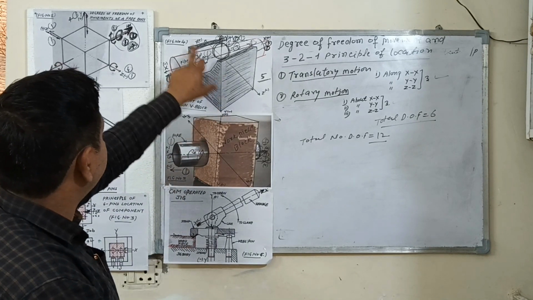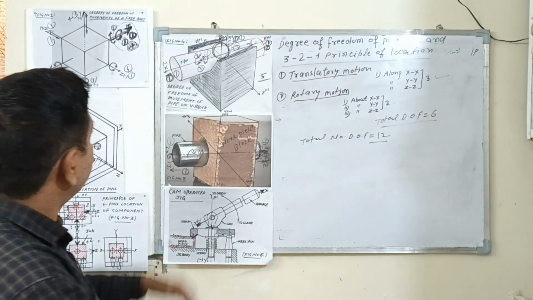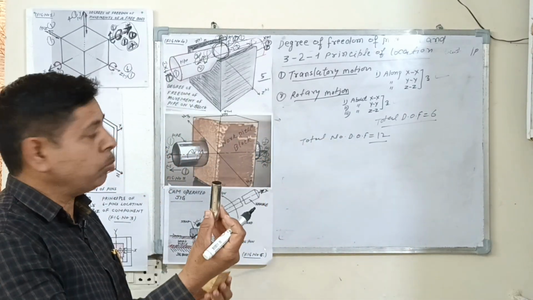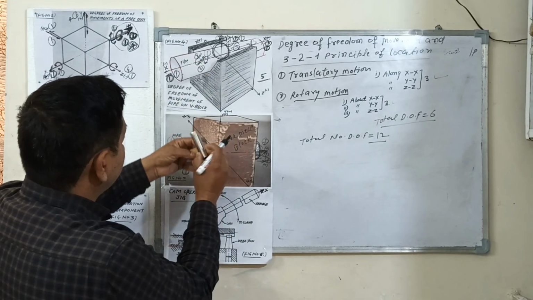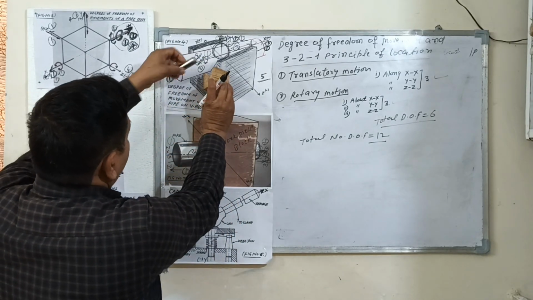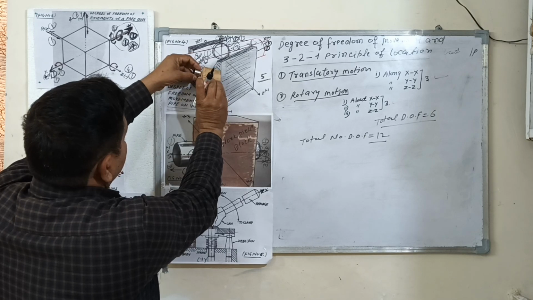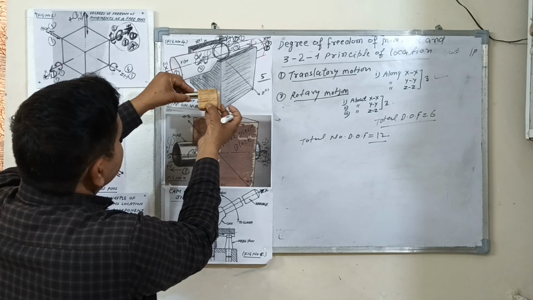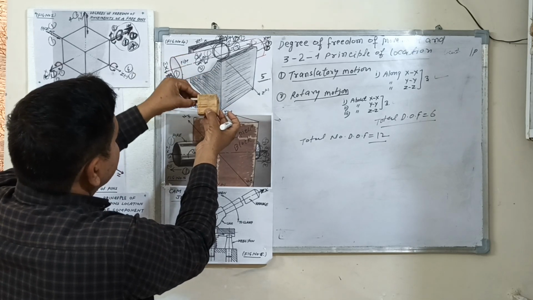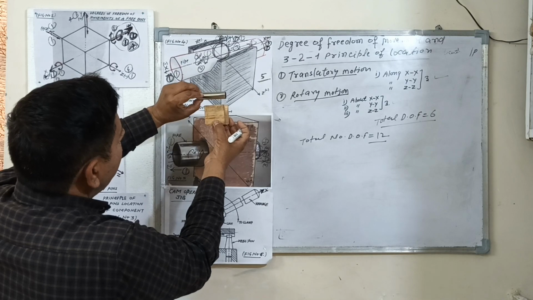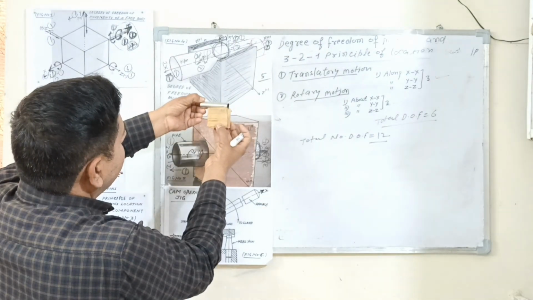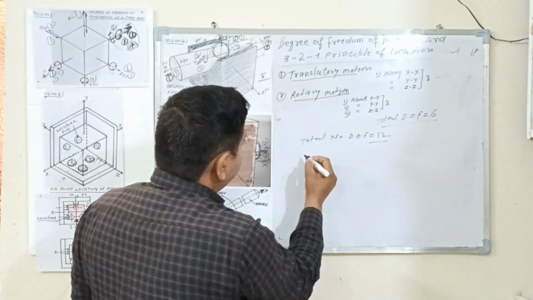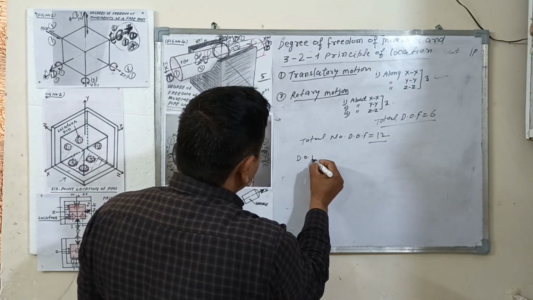Again you can see this figure number 4. This is a V block, and this is a circular pipe, or circular rod. This circular rod moves along the x-axis and along the y-axis, and also moves about the x-axis in anticlockwise direction and clockwise direction. So the ratio of degree of freedom is equal to